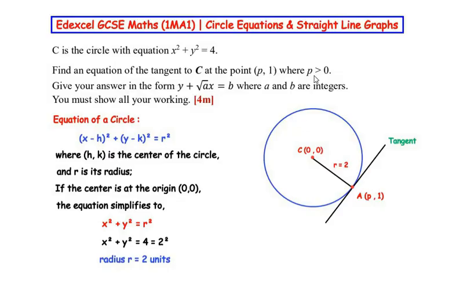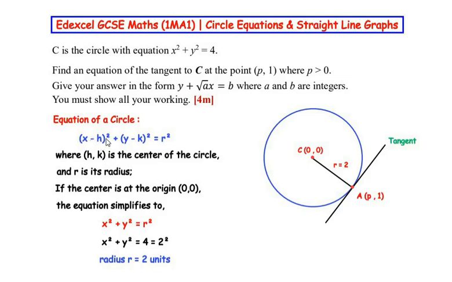Here it has been given that p, which is the x coordinate of point A, is greater than 0, that is, the value of p has to be positive. Now we have to find the equation of this tangent line touching the circle, in the form y plus square root of a times x is equal to b, where a and b have to be integers. So let us begin by writing the standard equation of a circle,